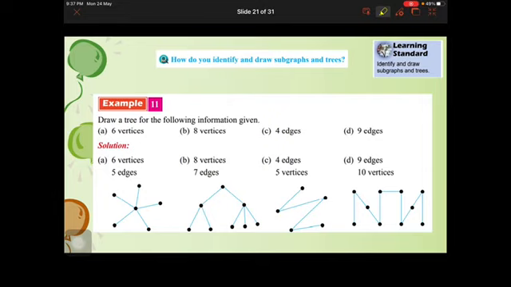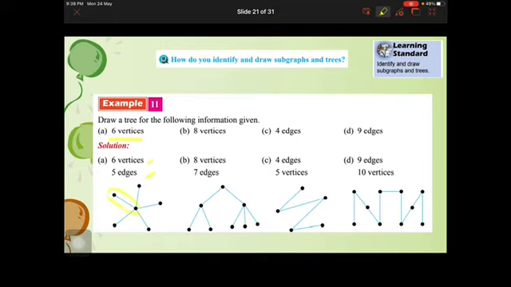So we are given 6 vertices, so you must draw a tree. Remember, what is the condition for a tree? It must be a simple graph, and the number of vertices is 1 more than the number of edges. And then every 2 vertices is connected by only 1 edge. So 6 vertices, the edges is 5. Therefore, the diagram is like this. If you can see, we have 6 vertices and 5 edges, and 2 vertices is connected by only 1